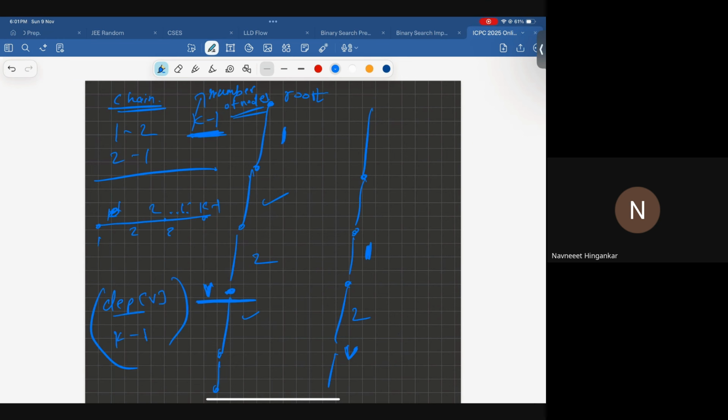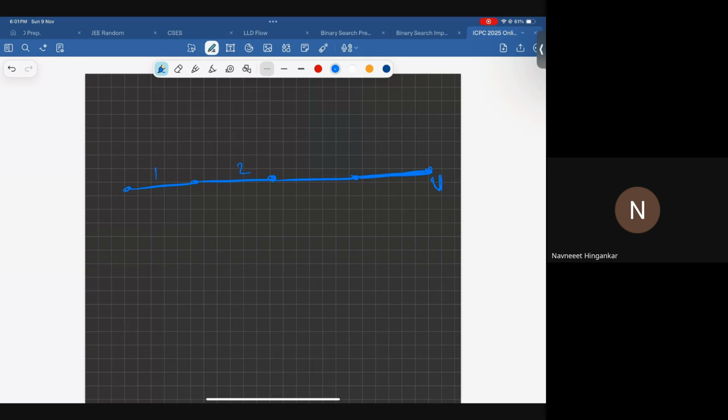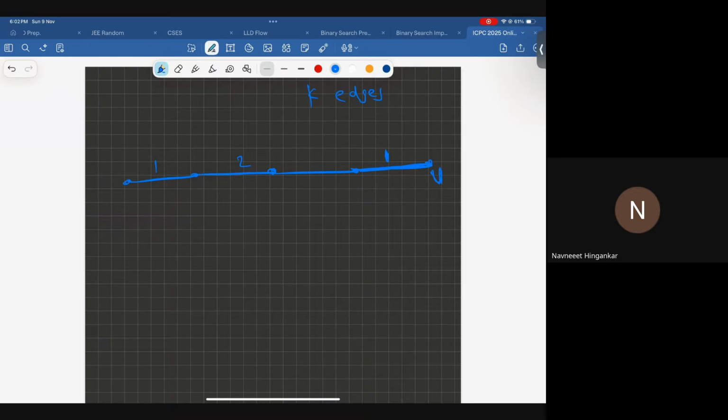Now for each vertex, it will contribute to a different chain, right? And this is the way total number of ways to place those numbers, right? So if you rotate it like this, you are ending here at V, right? My last element is fixed. All you need to do is choose the combinations, like where you could place the remaining numbers. Like there are k edges, not k nodes, it was k edges basically, and the first node is fixed here, and the remaining one is k minus 1,